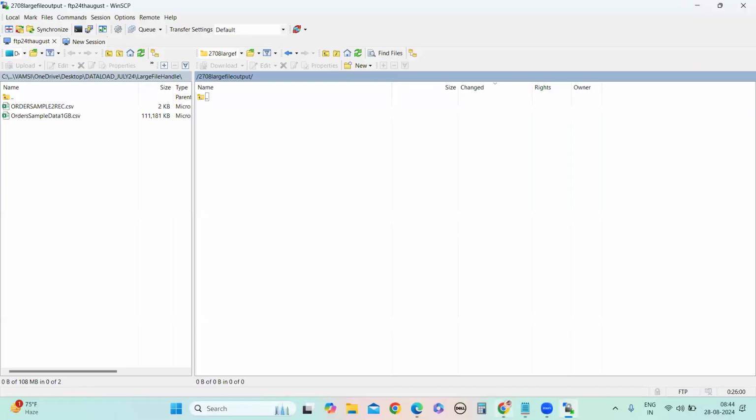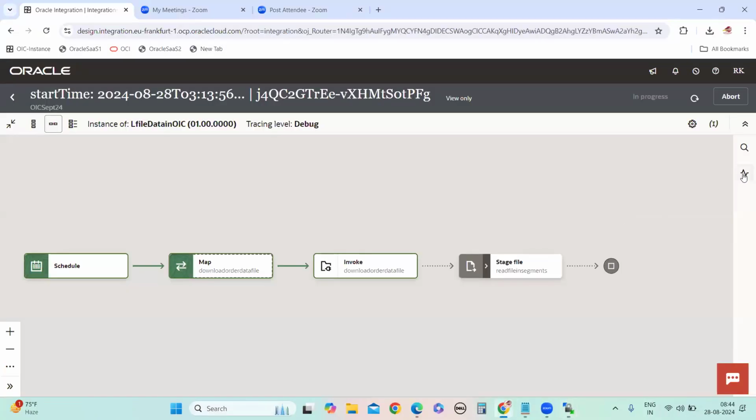And while refreshing, you can also see how many batch files are being created. Okay, let me check. Yeah, we will see.